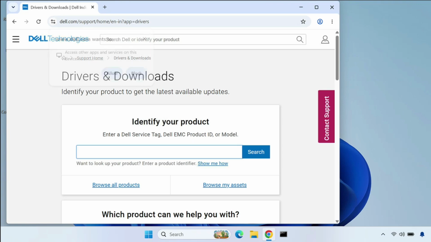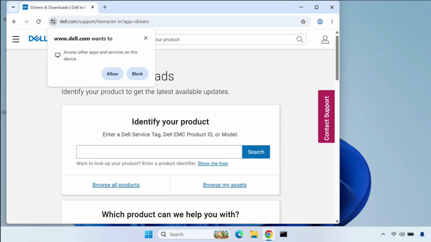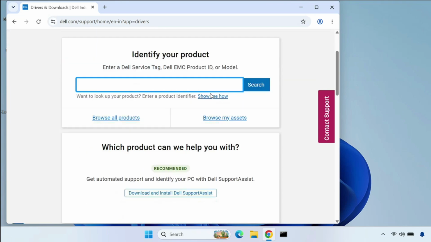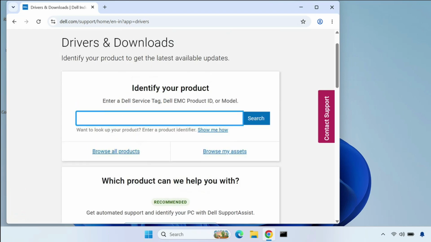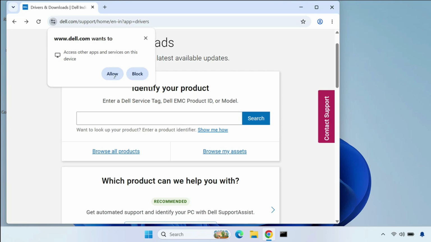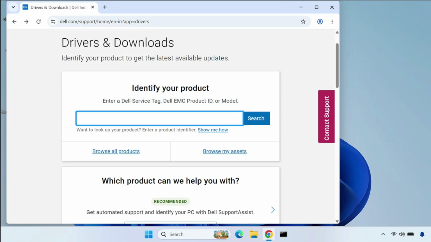Then enter the model number, suppose you know. Okay, and otherwise you can detect automatically also. Okay, via Dell assist support. If you can allow this access this app service on this, then it will detect automatically. Okay,